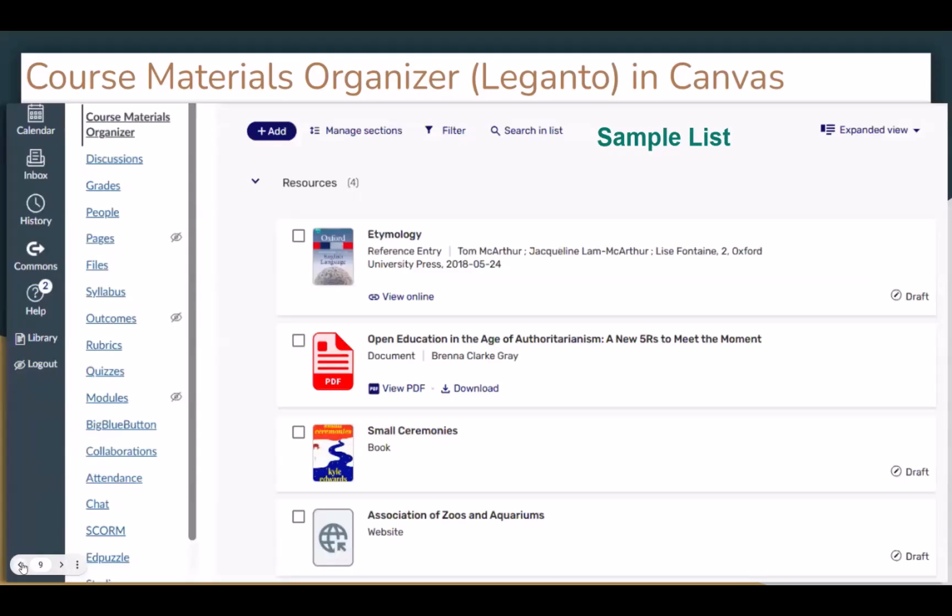Okay. And then you can see there that the first item that I searched for, the etymology book, is there, and it's something that you and students will view online. Most of the library materials that we have are online materials. The shelves that you see in the library are just a small portion, the tip of the iceberg, of what the library has available for you. If you want to go back again to the previous slide,